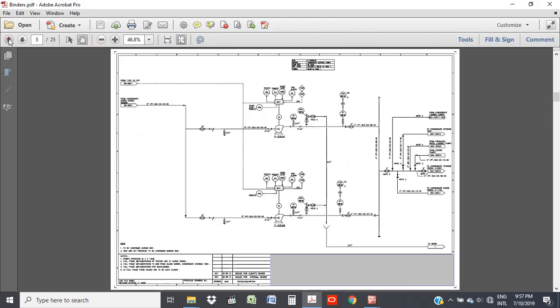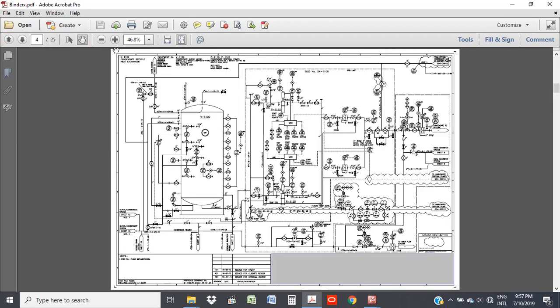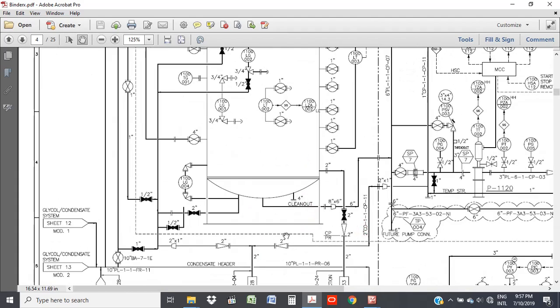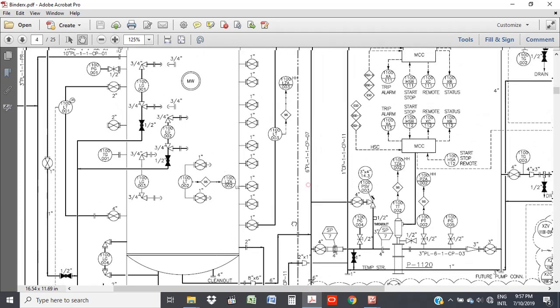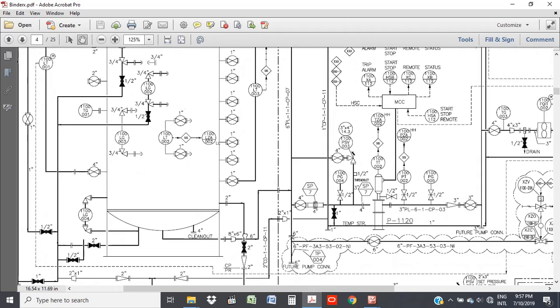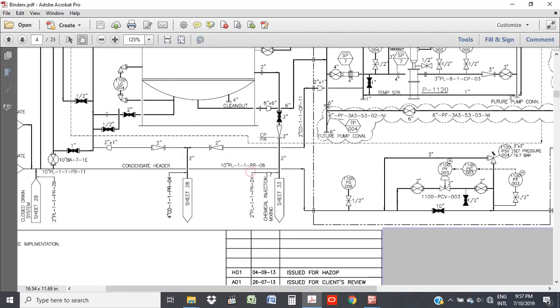Let me go upwards. I want to look for a level control valve. There should be one here. This is just a normal P&ID. I just grabbed it from one of my old works. A lot of times, this is a level transmitter, and this would actually control what the level